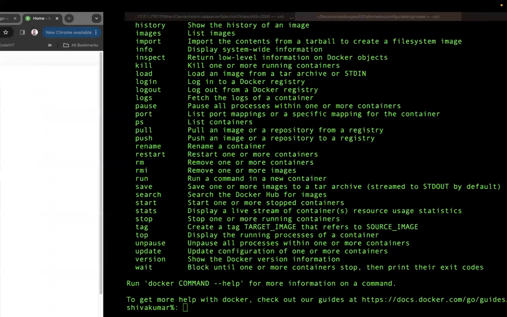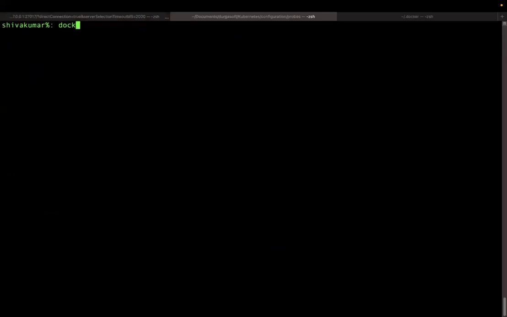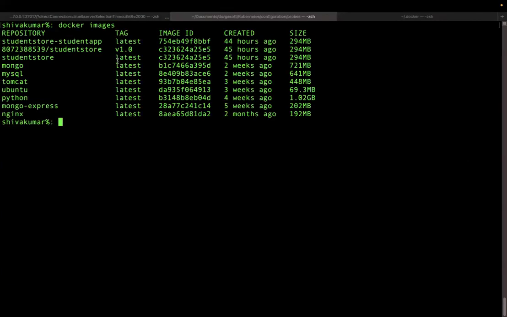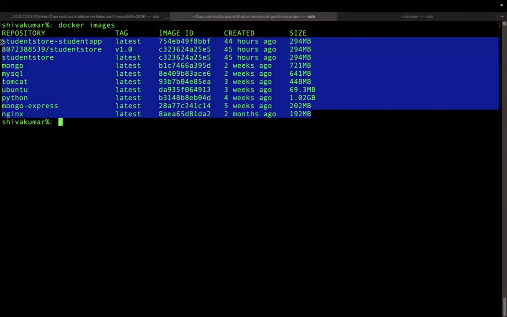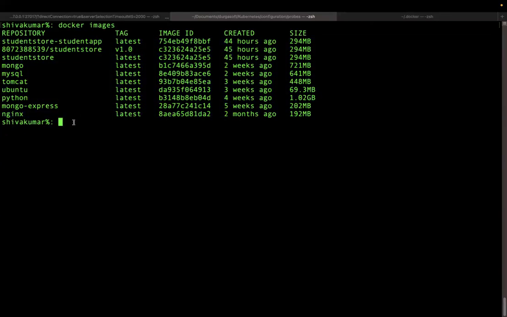Clear the screen. Now I want to show you how to run Docker images. I want to show you these Docker images. These are different images that are present in my local machine. How to run these images? Docker